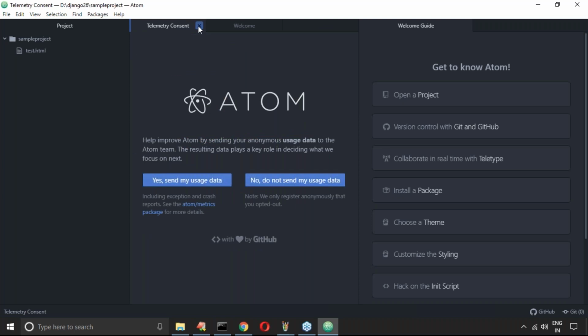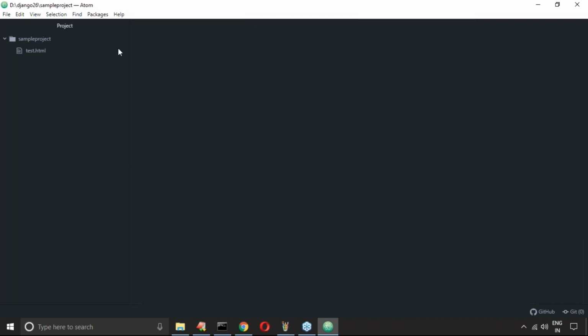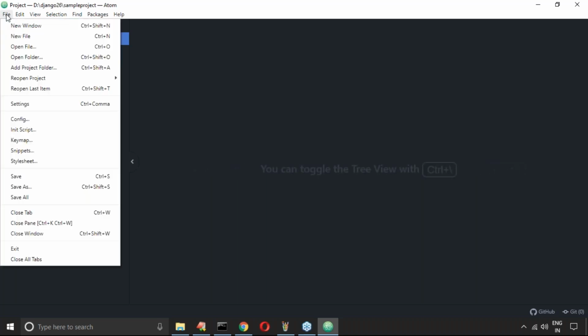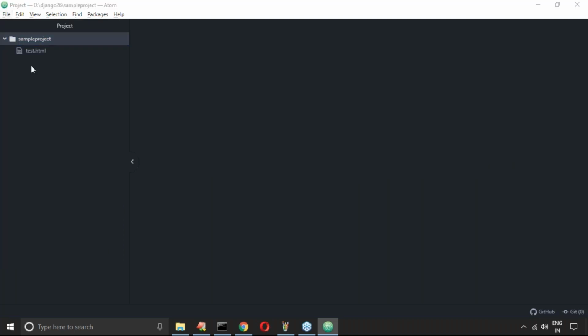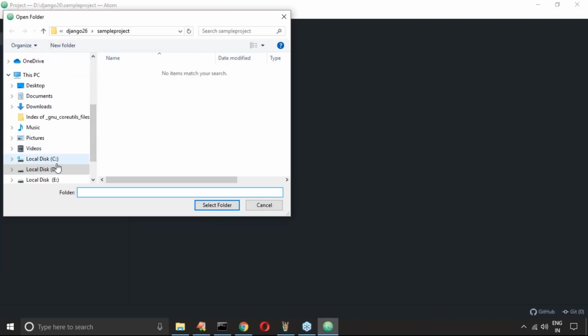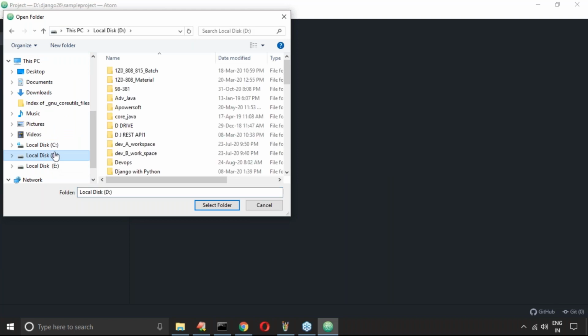Now let me launch this one. This is my Atom. Now observe very carefully: Open folder or add project folder. Observe the D drive.